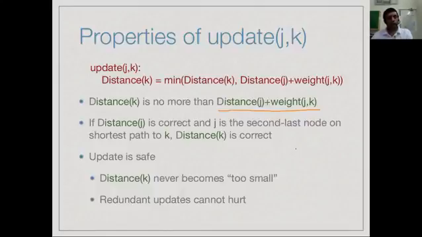In a nutshell, this update operation is a safe operation because it will never bring the distance of k below the actual value. It will always be above the value that we want. So we can keep doing spurious or unnecessary updates and it doesn't hurt us. Redundant updates cannot upset this calculation. It just may not make progress, but it will not send us to a situation from which we cannot recover the minimum cost, because we will always be at or above the minimum cost. Whenever we do a min, we will always be coming down but not crossing below the actual value we want to find.